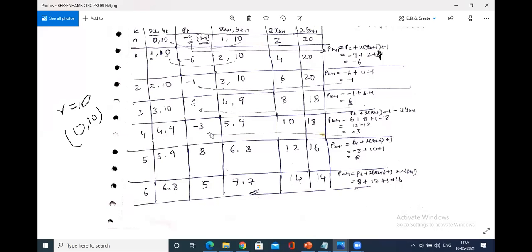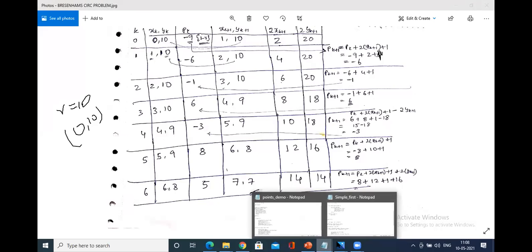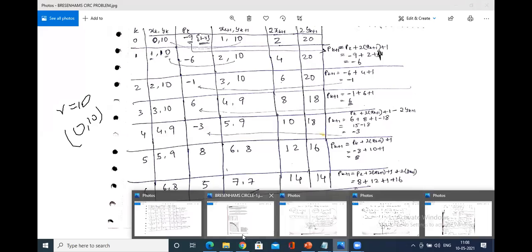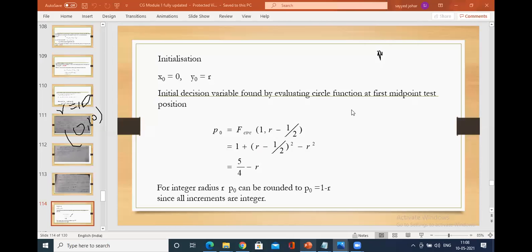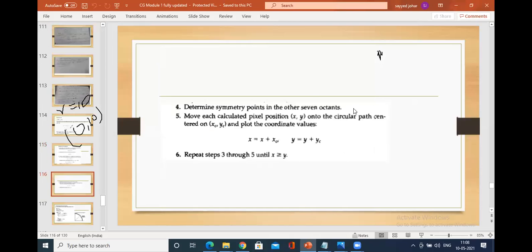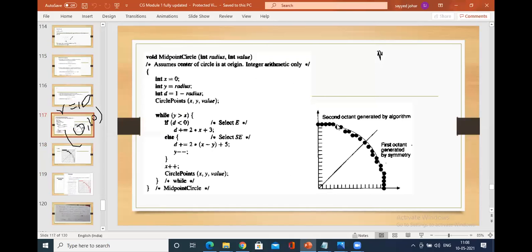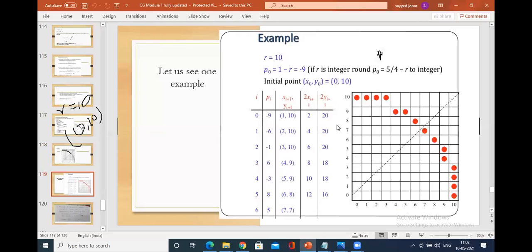So this will be a simple problem for you to solve. I have one more problem that I'll show you, so you have to solve that at home. So this is all about the algorithm. Even in the PPT, you have been given many problems. You can solve those. So this is Bresenham's circle drawing, and the same problem has been explained from the book. What I solved right now, 10 minus r.